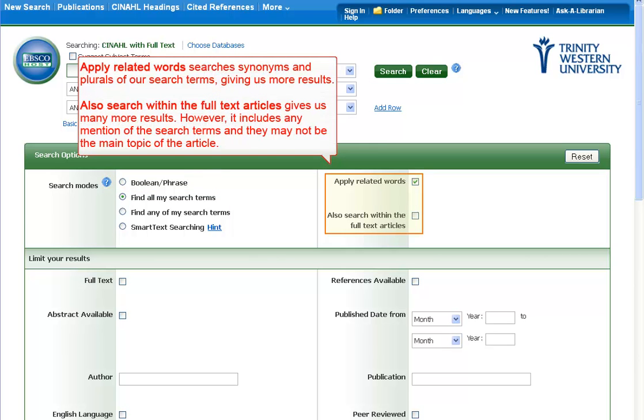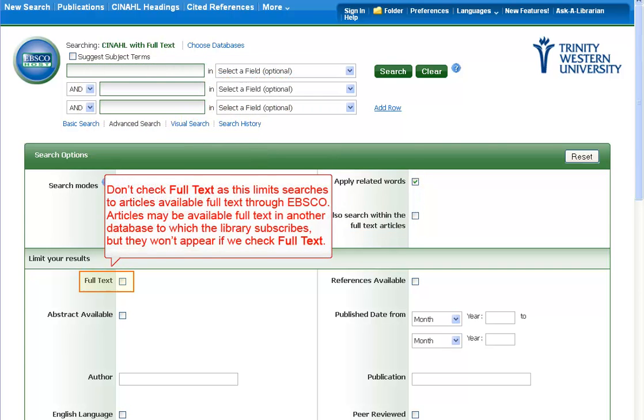Apply related words searches the synonyms and plurals of our search terms, giving us more results. Also search within the full text articles gives us many more results. However, it includes any mention of the search terms and they may not be the main topic of the article. Don't check full text as this limits searches to articles available full text through EBSCO. Articles may be available full text in another database to which the library subscribes, but they won't appear if we